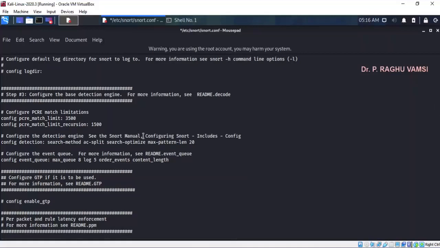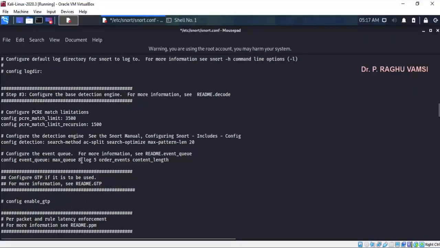That buffer will hold some set of packets at a time and process them. It is used especially for synchronizing the detection accuracy. So here is the configuration of the PCRE match limitations, minimum limitation, maximum limitation with recursion and all the numbers for them. So don't make any changes in this. Let it be like that only.